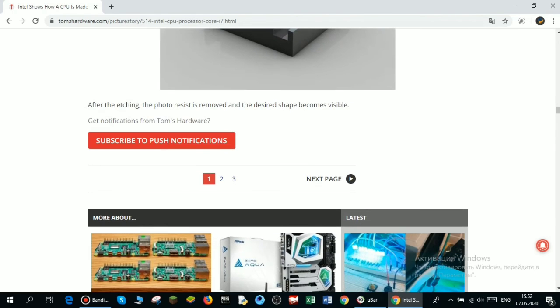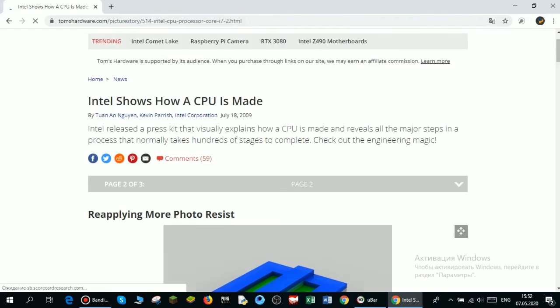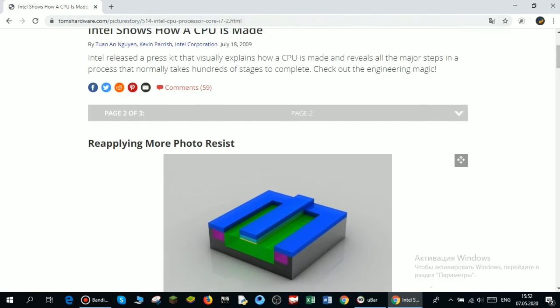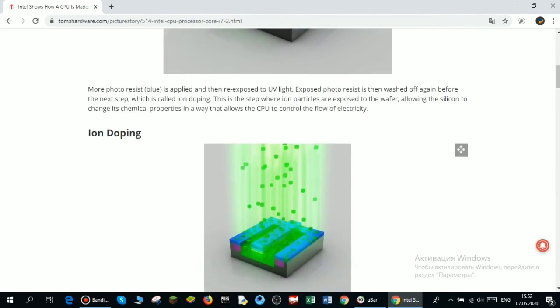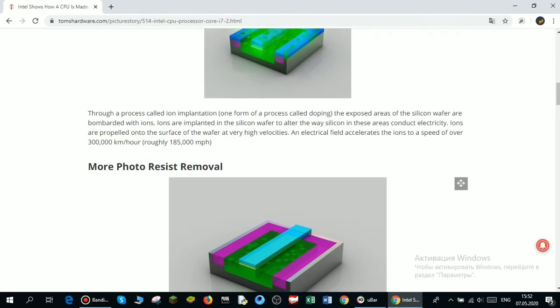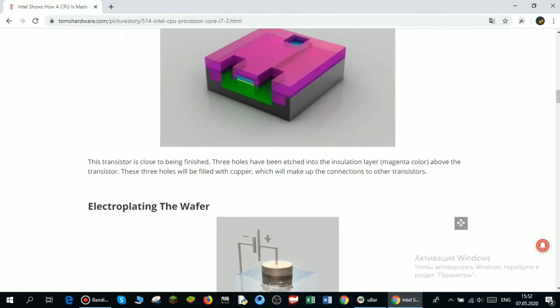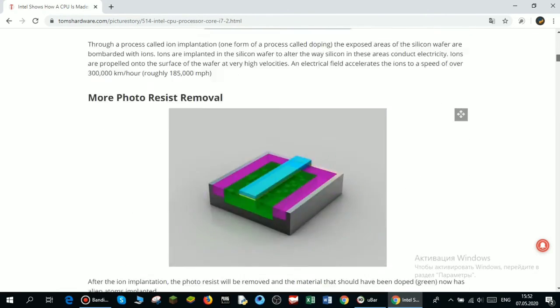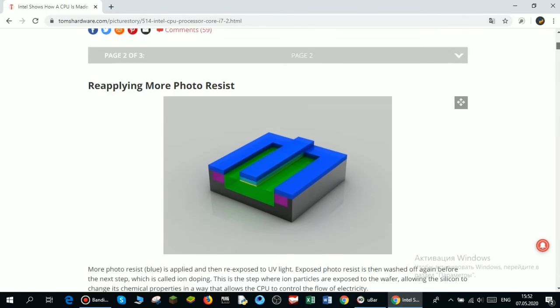Okay guys, let's read the information, the page of 2. Today I want to read about this, the 2 page. That's nice. Oh, there are a lot of the best information about this. Okay guys,